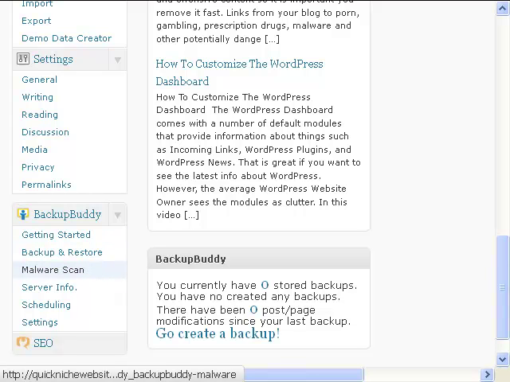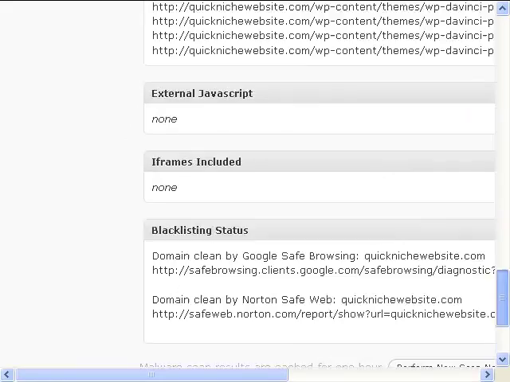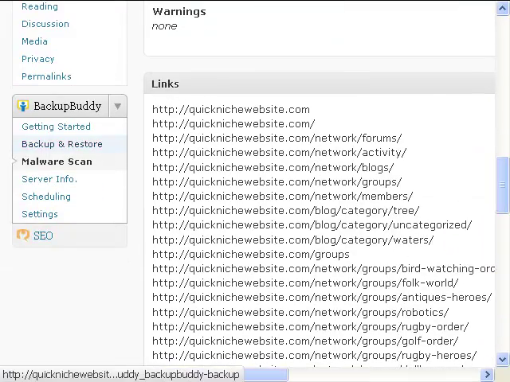So first I'm going to run a malware scan to check to see if there's any malware or any problems with the site. Okay, and it tells me malware none, and then it'll give you some other information about your site. Okay, so if I scroll all the way down here and I go to backup and restore,